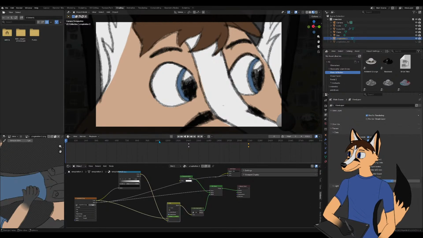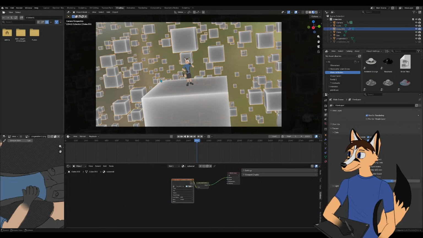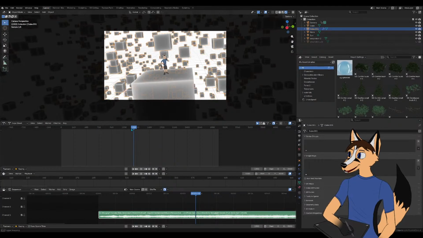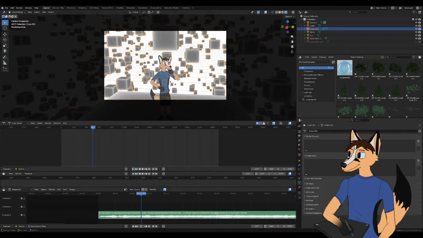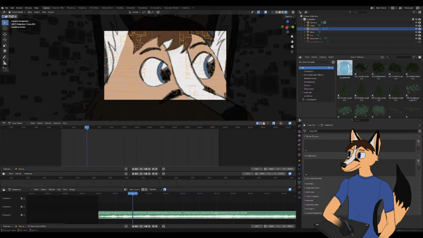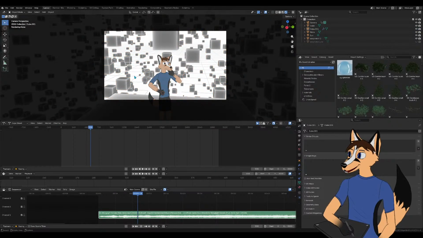Another little change I wanted to make is I noticed the cubes are dynamic, like they're moving but not really. They're not actually moving through the scene. They just look like they're floating because of the camera movement.